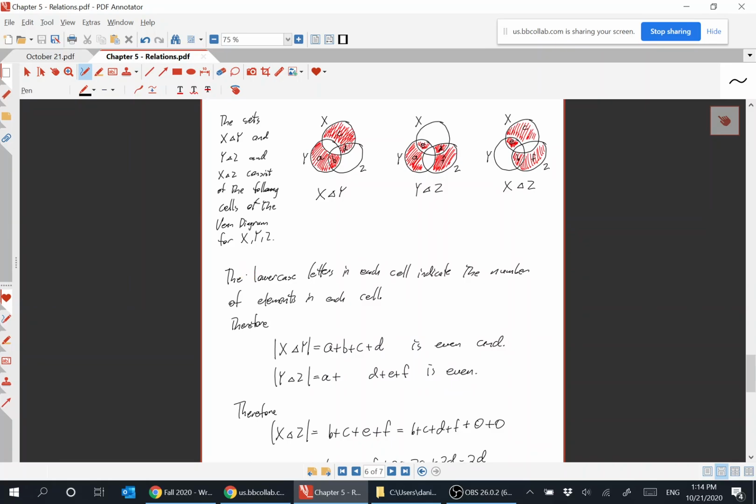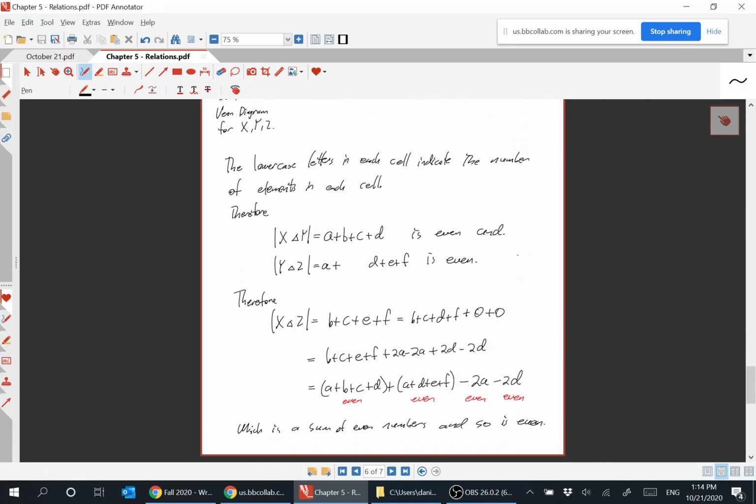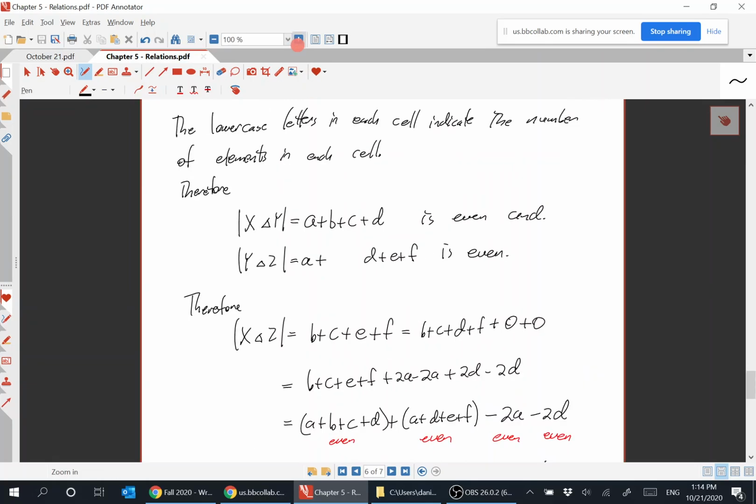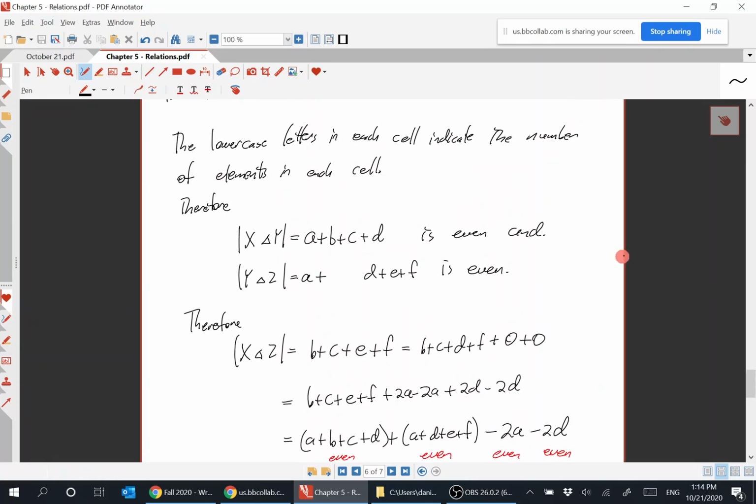Well, we already know that X symmetric difference Y is even, and that's A plus B plus C plus D. We already know that Y symmetric difference Z has even order, and that's A plus D plus E plus F. And we would like to show that this is even. B plus C plus E plus F. And there it is. Well, B plus C plus E plus F is B plus C plus E plus F